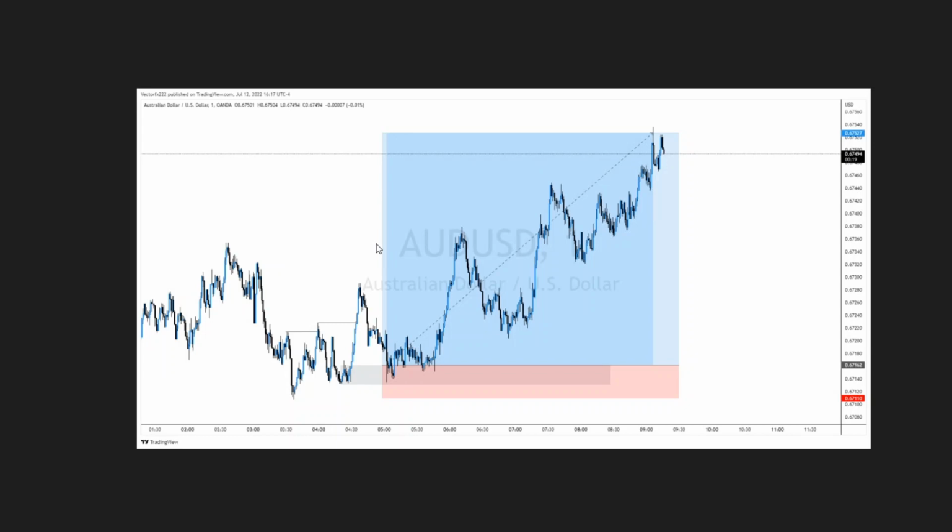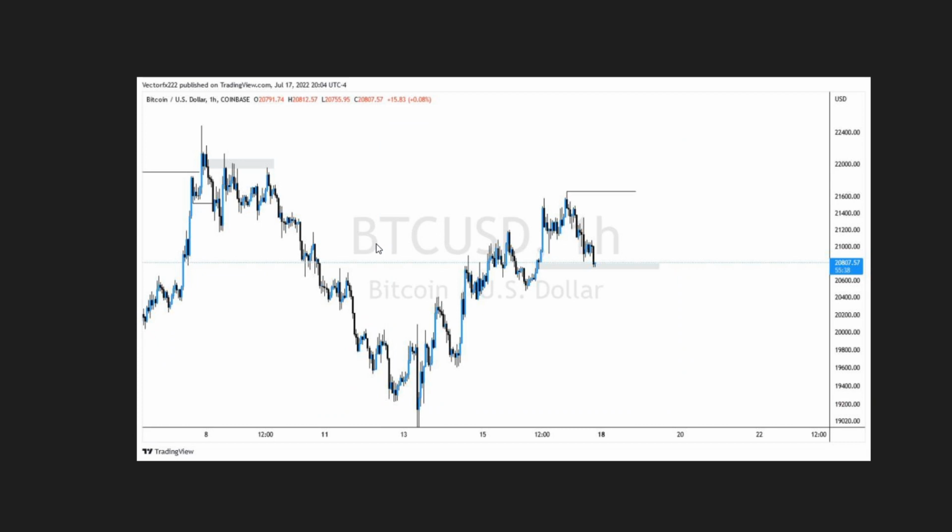Okay, now let's move on to the next trade. So this was a nice one. This was BTC USD on the 1 hour time frame. Right from down here, we could see price was making higher highs and higher lows. So once again, we're just following the bullish order flow of BTC USD, making higher highs up into more highs, broke structure, made a pullback, and then broke structure again here, and then pulled back again